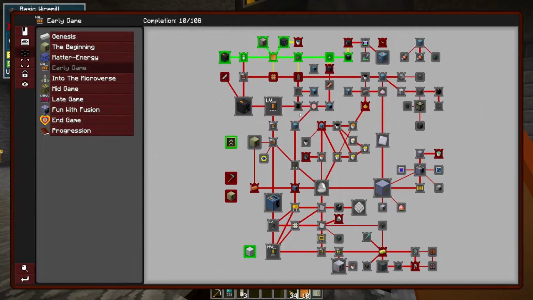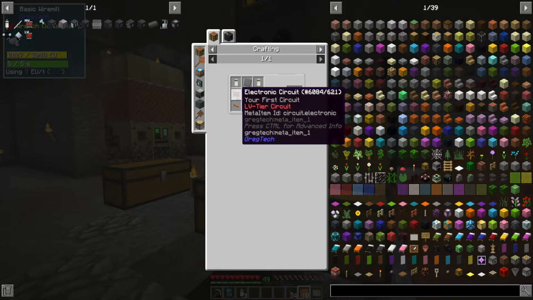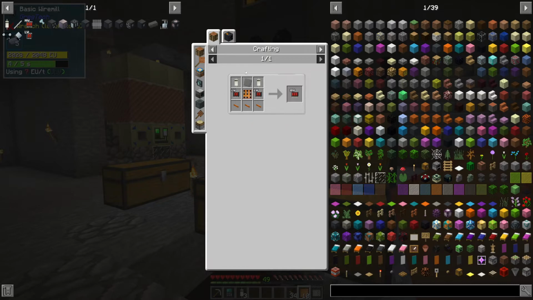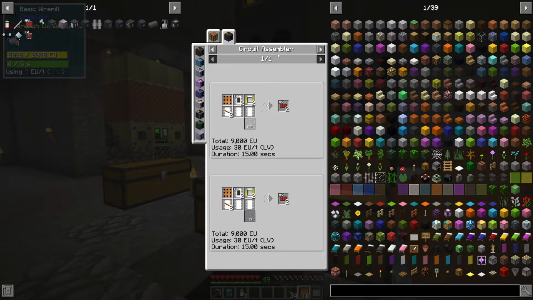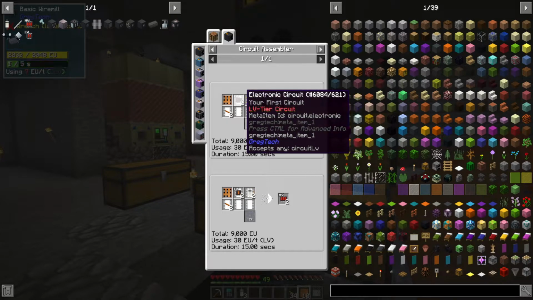Now with that quest, that should open up this, and we should be able to make this, which is just the basic circuits that we were doing before: copper wire, the board, diodes, and a plate. However, if we make it in the circuit assembler, we only need 4 items. We don't need the diodes or the steel. But we are going to still need...